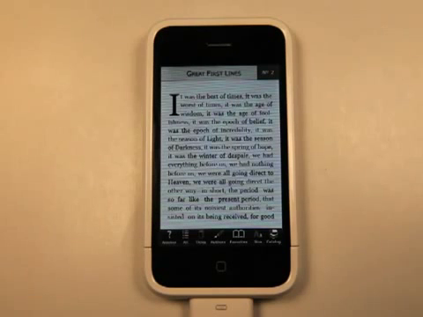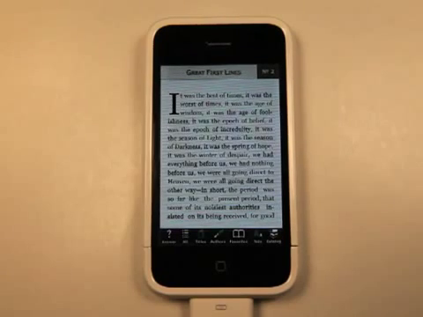So I don't know, it's just got a lot of options here. If you are looking for an app like that, then this one is definitely for you. It's, I would say, for the intellectuals out there, those of you that like to read the classics. So take a look at this app.